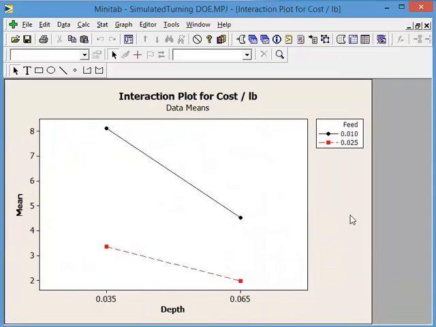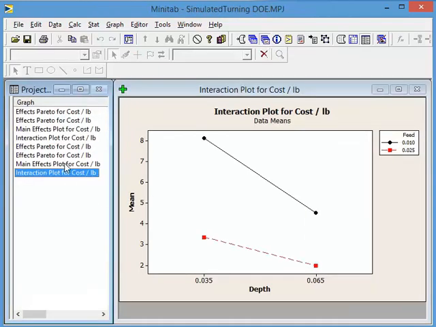All right, so what we're looking at is the combined effect of the depth of cut and the feed rate. So what it's telling us is we want to go fast, we want to feed it fast, and we want to take a lot of material off. So we are looking at a feed rate of 0.025. We are looking at a depth of cut of 0.065. And if we look at the other factors, and we'll show the graphs folder, go to the main effects plot,